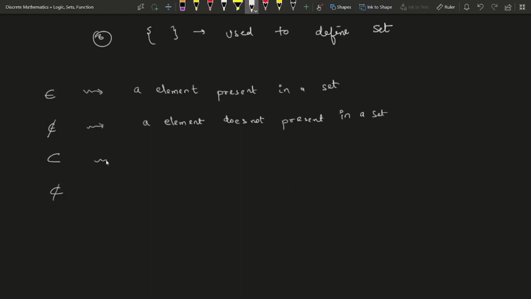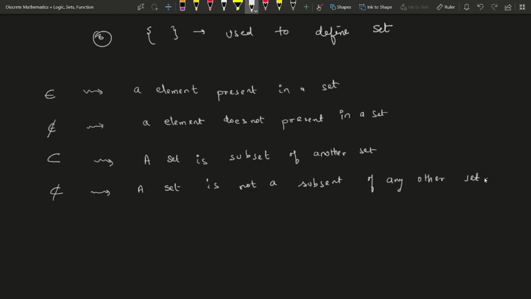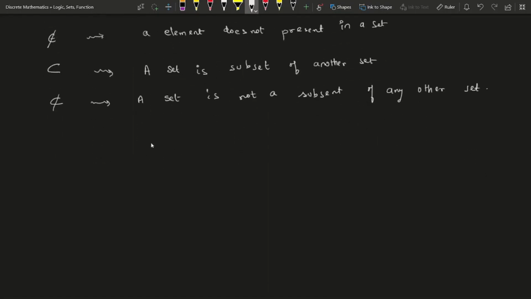Okay, subset. A set is a subset of another set, and a set is not a subset of any other set. Okay, so if we take an example,